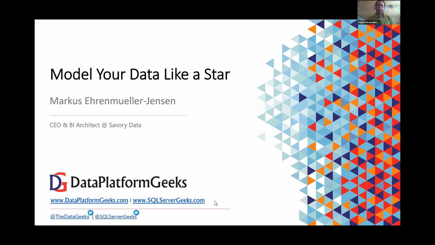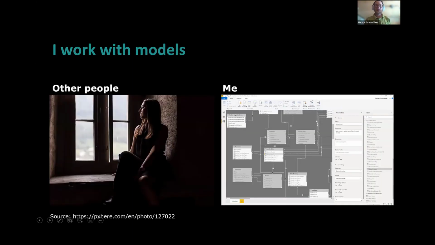My name is Markus, and I work with data models. And when I tell people that I work with models, they sometimes have different things in mind. They think I work with beautiful people, but instead I work with beautiful data, or at least hopefully after I shaped it right, it looks beautiful, because data in its natural habitat is never clean and beautiful, right? We always have to clean it up, and this can be kind of an effort.